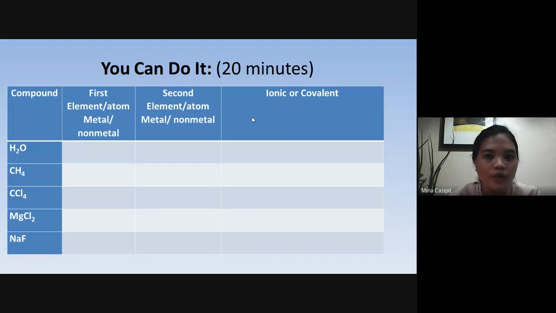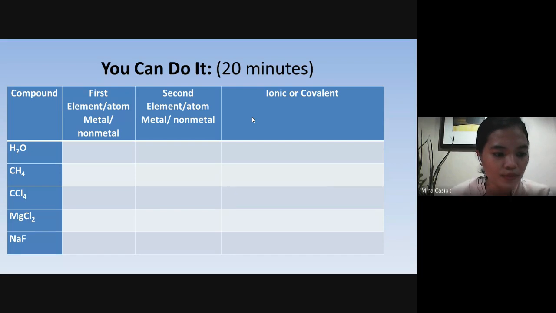dali lang to. For 5 minutes na lang to. So, we will have a graded recitation na lang. Number 1, you identify the first element and then whether it is metal or non-metal. Second element, kung metal or non-metal element. Number 1, we will try. Graded recitation na lang po ito. Yes, go ahead. Anyway, parang review na lang to ng diniscuss natin kanina.